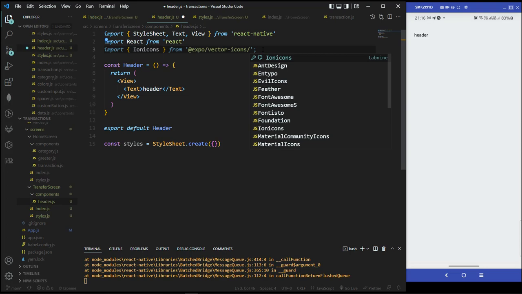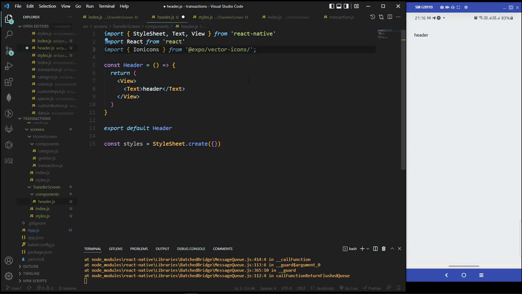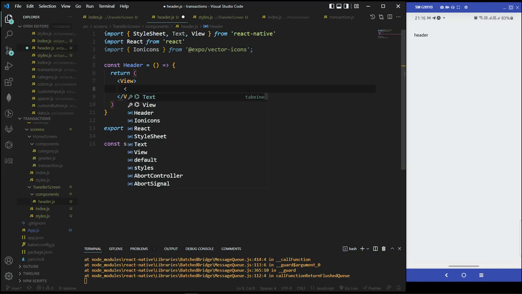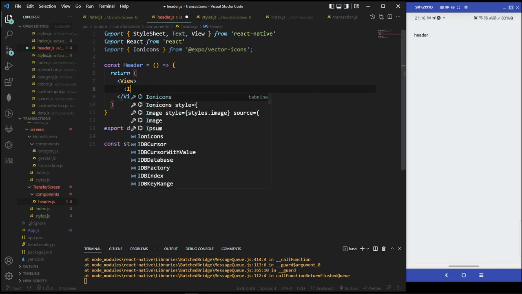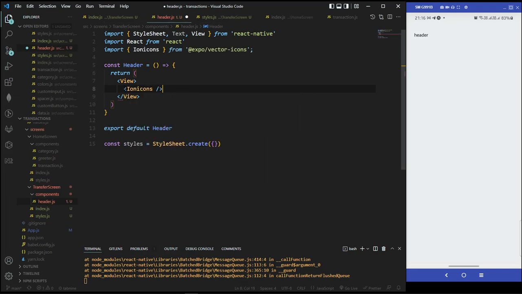There's a lot, we've got Ant Design, there's a lot, but I'm just gonna use one icon set for now, and let's see if that works. So to do that, give it a name of